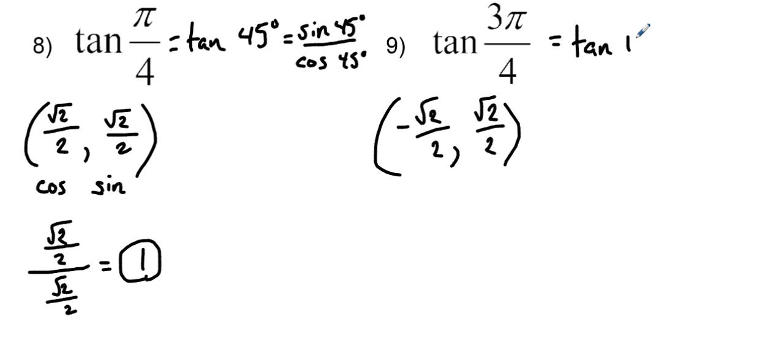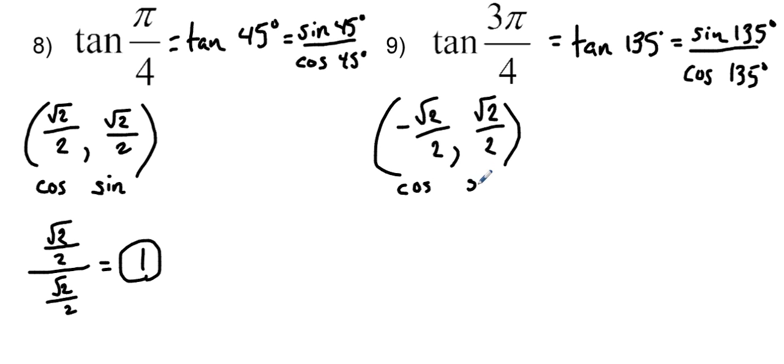This is the same as the tangent of 135 degrees, and I know that this is the sine of 135 over the cosine of 135. We know that the first coordinate, the x-coordinate, is cosine. The second coordinate is sine. So let's go ahead and plug in. For sine, positive radical 2 over 2. For cosine, negative